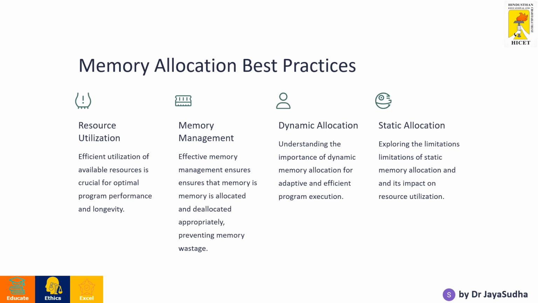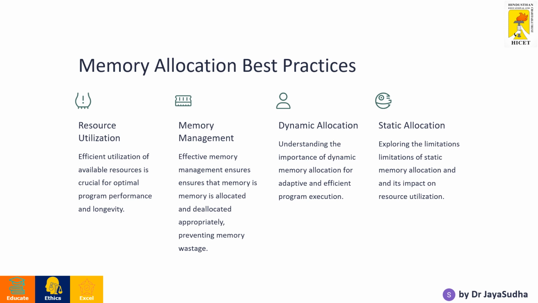Effective resource utilization is crucial for optimizing memory usage and minimizing wastage. Memory-intensive applications, in particular, require careful management to ensure efficient utilization of available resources. Best practices for resource utilization include minimizing memory footprint: optimize data structures and algorithms to reduce memory consumption, avoiding unnecessary memory allocations or data duplication; avoiding memory leaks: